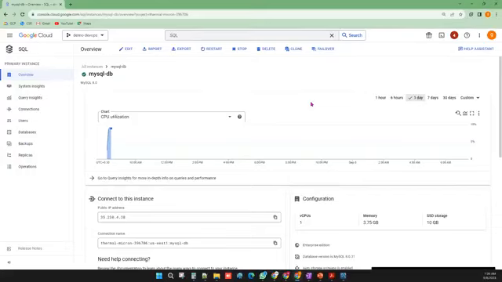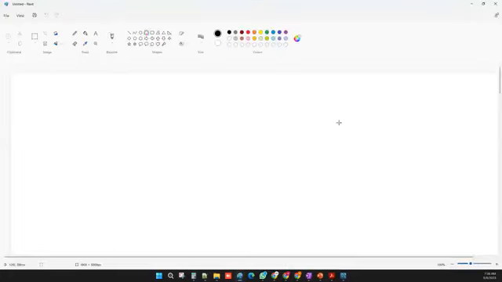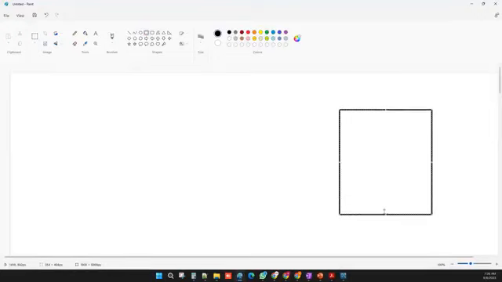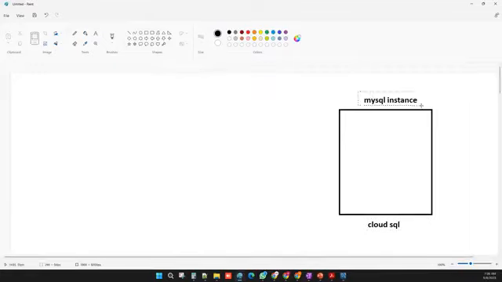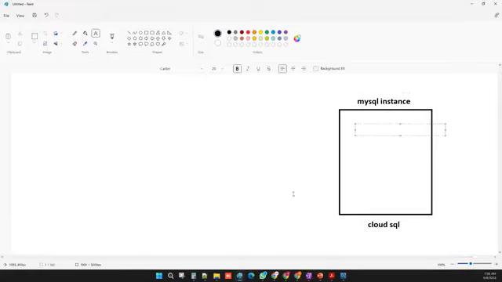Okay. So yesterday in my Cloud SQL, if you think that this is my Cloud SQL, my SQL instance. I have created my SQL instance in my Cloud SQL, right? Which we have seen yesterday. And after that we have created some database here